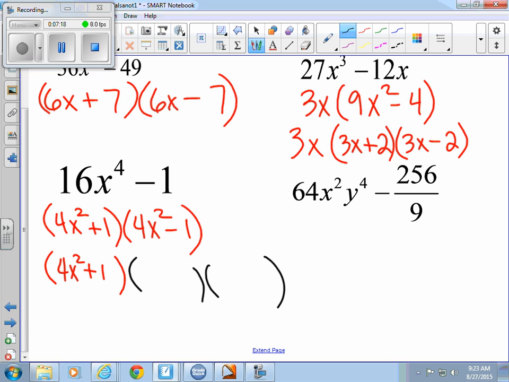What are the factors of 4x squared? 2x and 2x. And 1 and 1, plus and minus. So that is completely factored. That one was a little tough because we had to do it twice. If you have a 4th power, look for that. The only way that would happen is if you have a 4th power. The last one is really